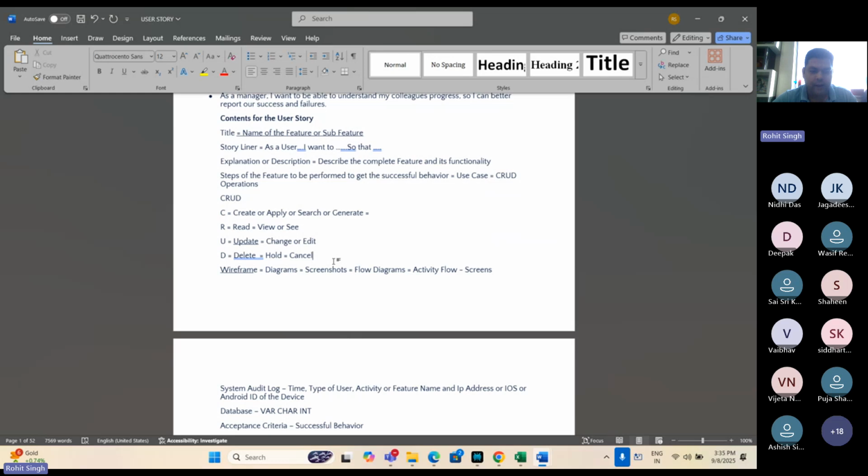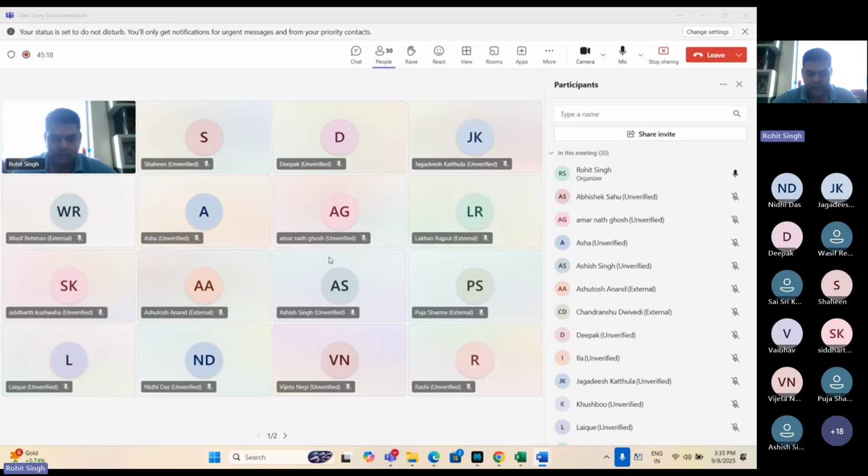But if I am a manager in the HRMS portal, if I am an HR in the HRMS portal, I can perform CRUD operations altogether. I can create a salary slip for my employee. I can read and view for my employee. I can change it for my employee, and I can cancel or delete it for my employees. Right? You all understand this point, right, guys? CRUD operations. Yes, true.